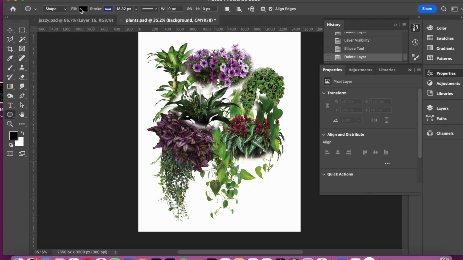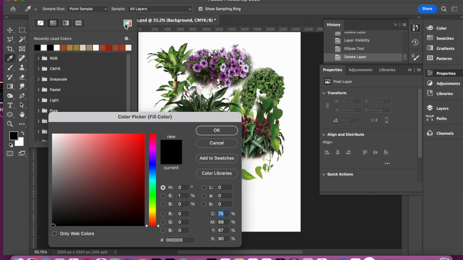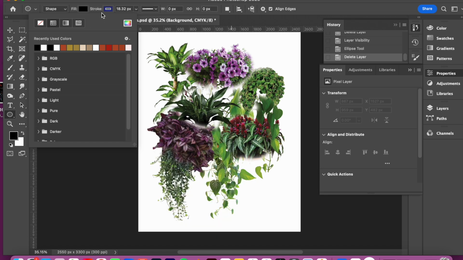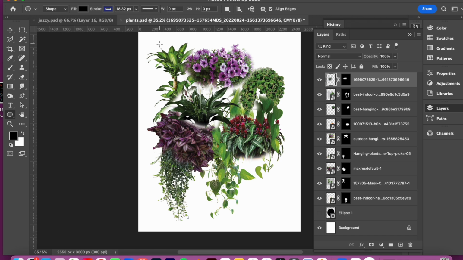So you can see up here you have a fill color that's going to be the inside of the shape. You can always click for more options. And we have an outline color. I'm going to leave my fill color and outline color as black and blue. Now I am going to click and pull